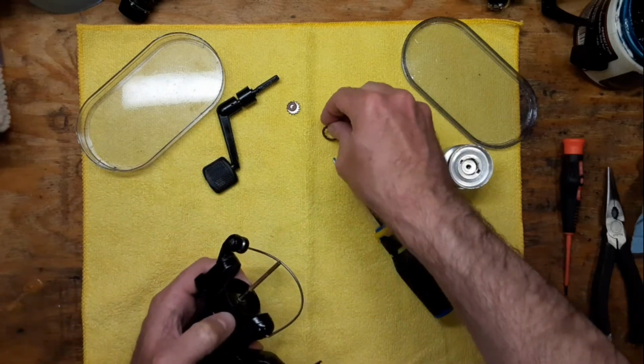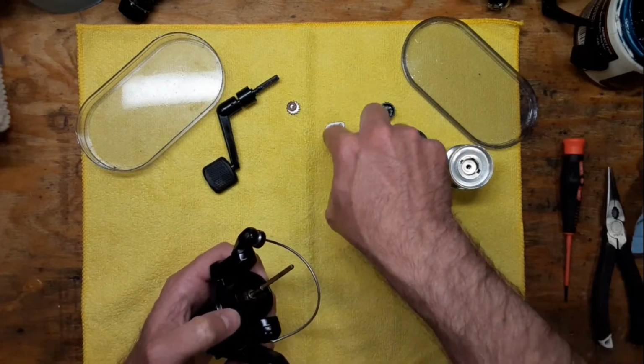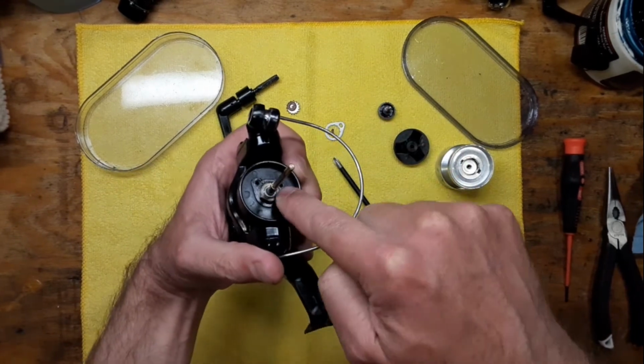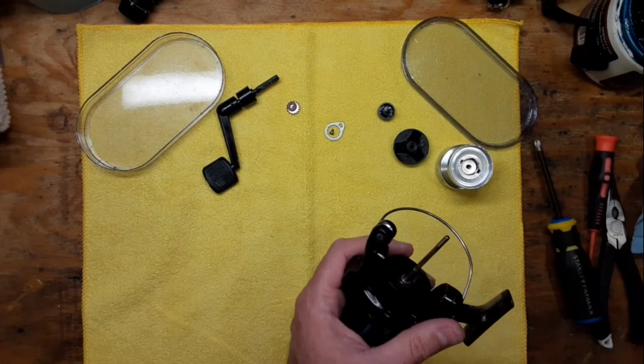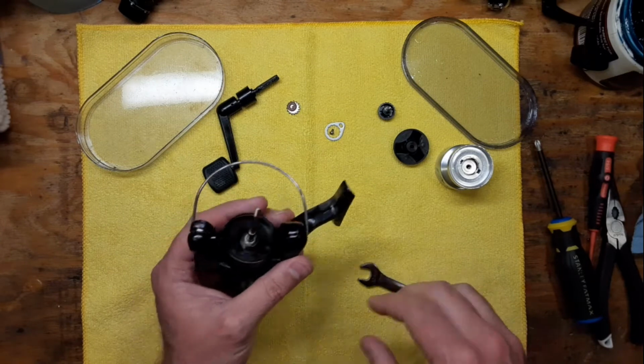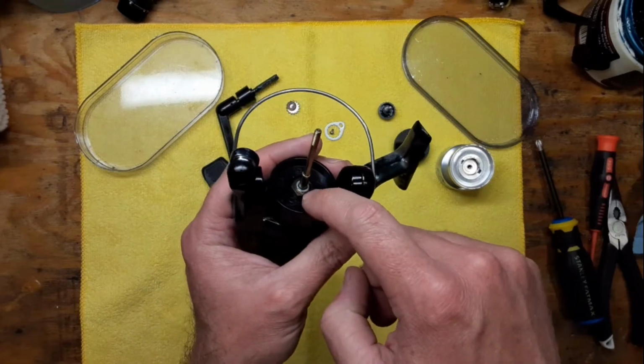And we've got our lock ring that goes around this nut here and holds that in place. So the whole purpose behind this is so that this nut doesn't have to be torqued down